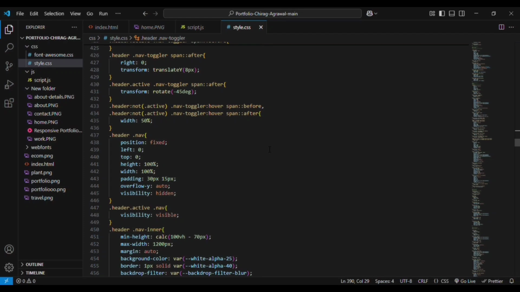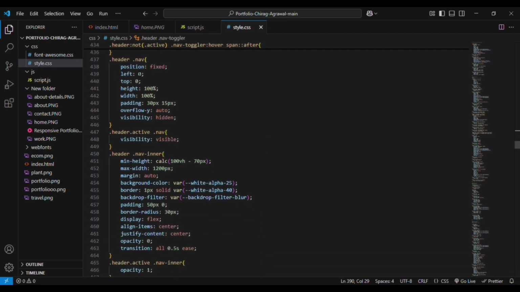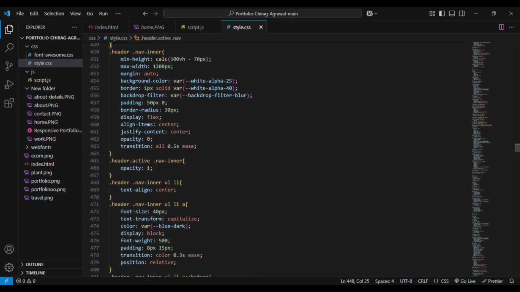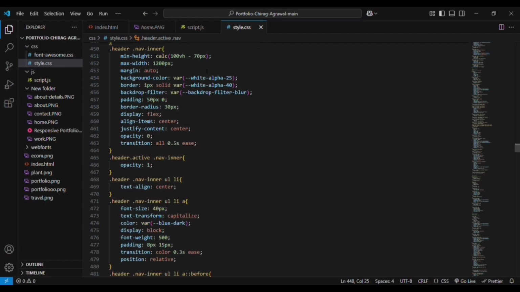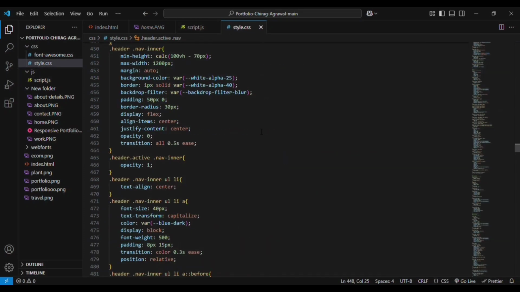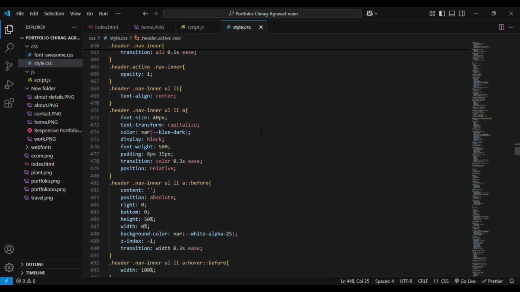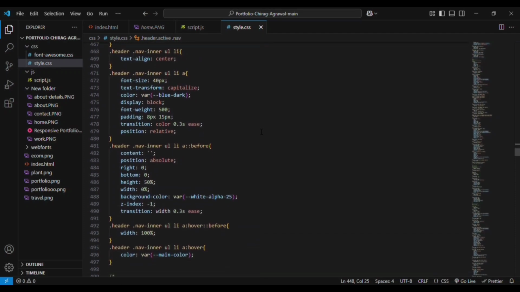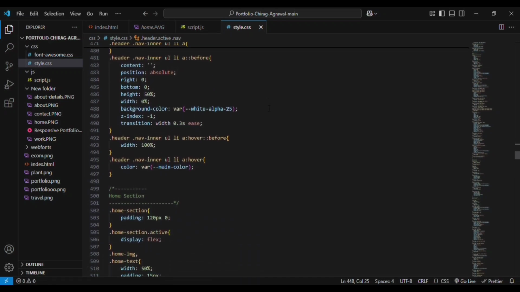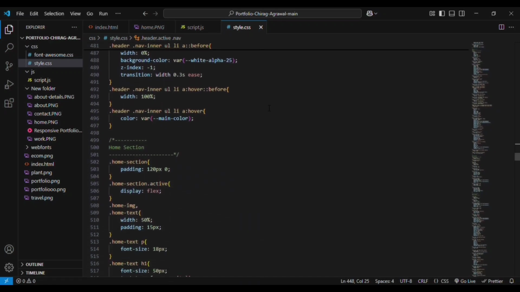Then we can go to the header nav. Position is fixed, left is 0, right is 0. It will align exactly the center. And overflow y equal to hidden, visibility is hidden. So whenever we get the active nav header active, then only the nav bar will be visible to us, as I told you before in the script, the JavaScript that I have told you before. The nav inner values are given. Then another list item anchor element is getting the value, that is display, font size, font family that are added. And then you can go to the next section,